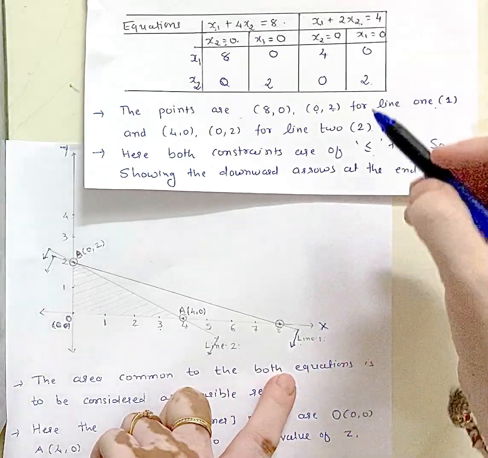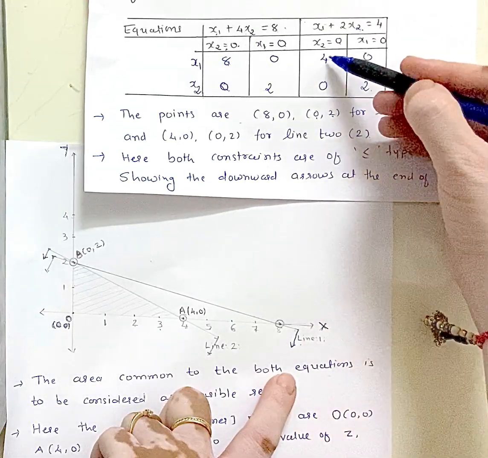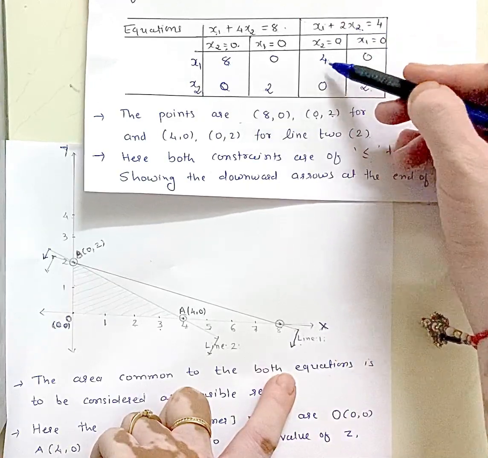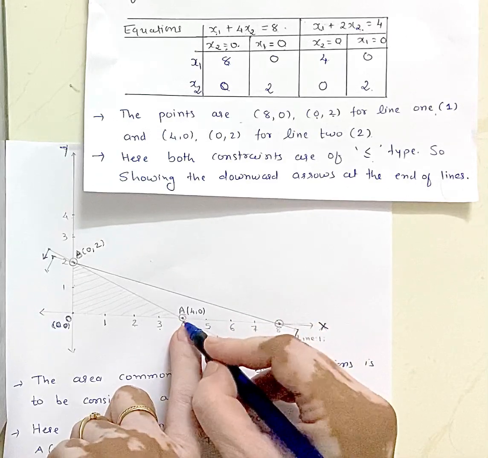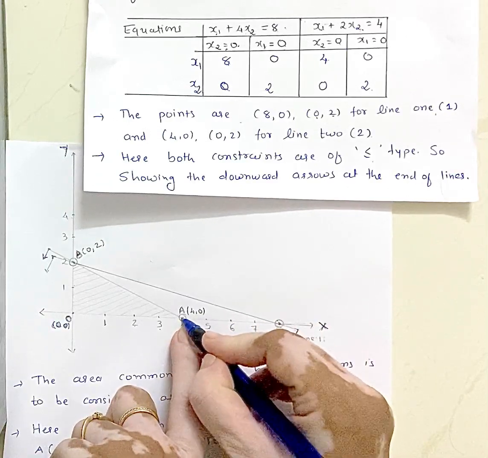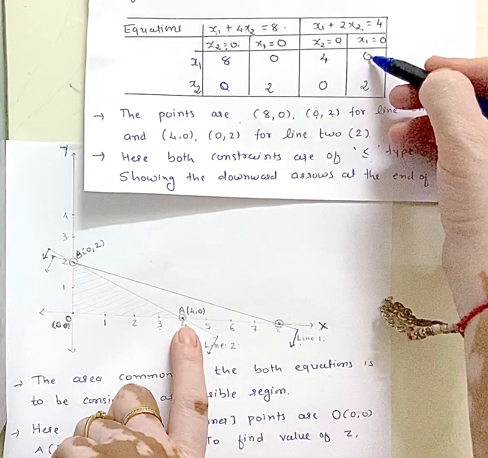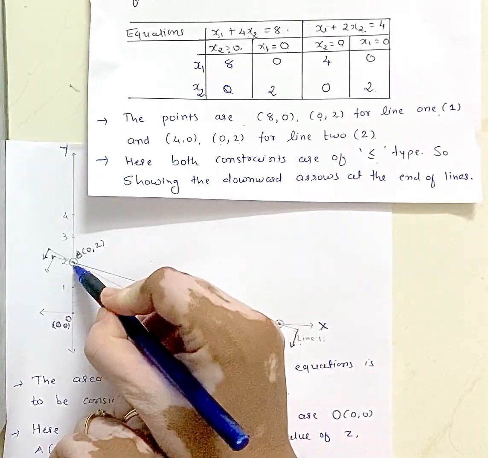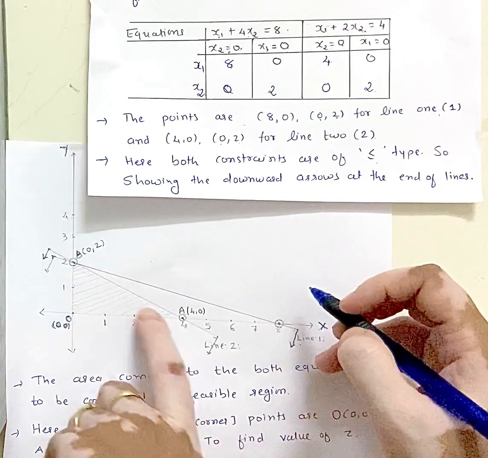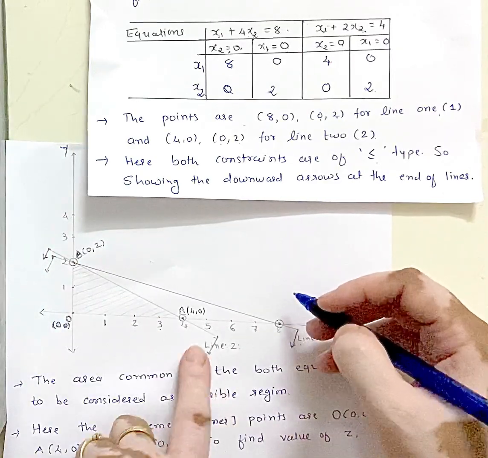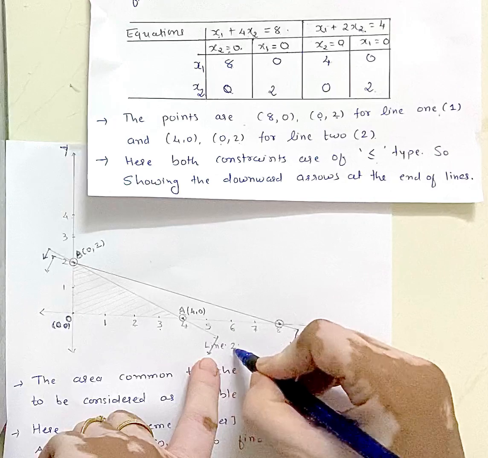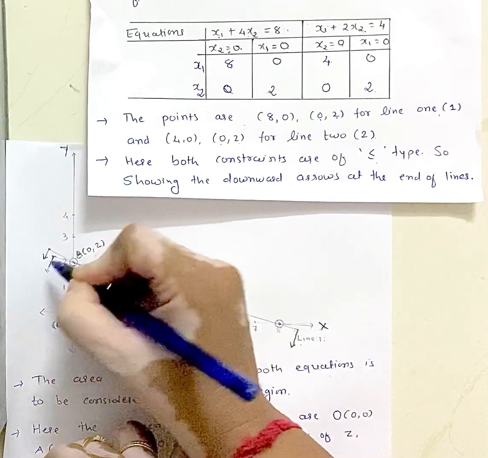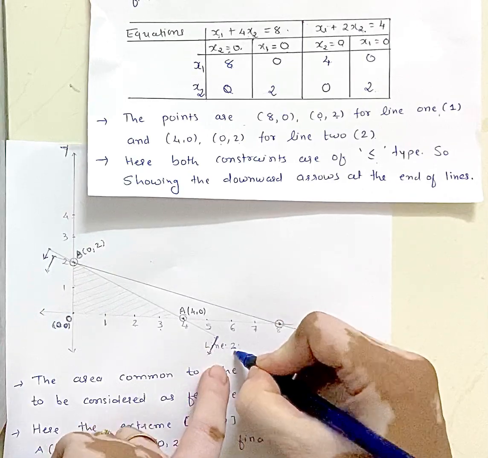and up arrow. Okay, now the second equation is 2x1 plus 2x2 equal to 4, and the coordinates are 4 0. So here x axis 4, y axis 0, so here this is point 4 0, and the second point 0 2. Okay, this is 0 2, which is the same 0 2. Now draw another line, this one, and it is line 2, also doing down arrow. Okay, this is down arrow, and it is line 2.